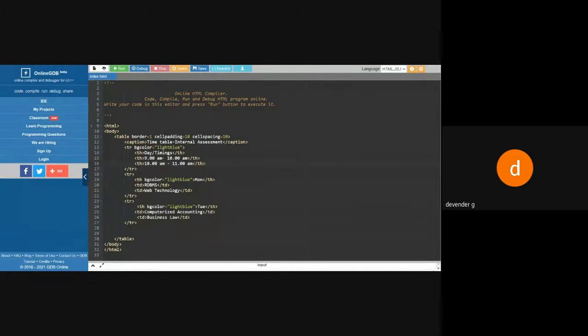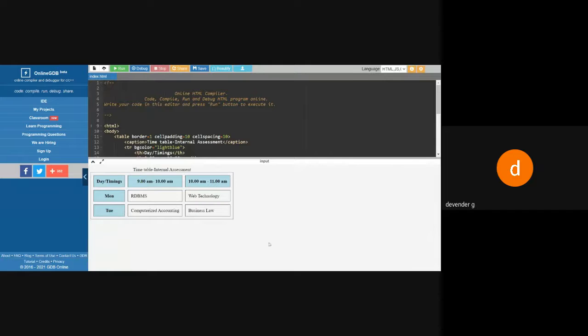So this is the table we are going to use, and we are going to see the importance of the table tag. Now let's see another one. I need some images in my system or on my website. Because we are using online, I need the online picture. So first of all, I'll go to Google and search for a picture. I want to go for a Tom and Jerry image.